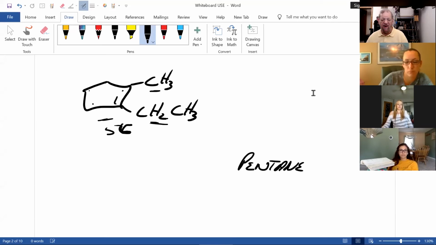This is going to be 1. And what is this? If you go counterclockwise, this would be 2. If I went the other way, this would be 2, 3, 4, 5. And you give the alkyl group the lowest number, and 2 is lower than 5. So therefore, this would be